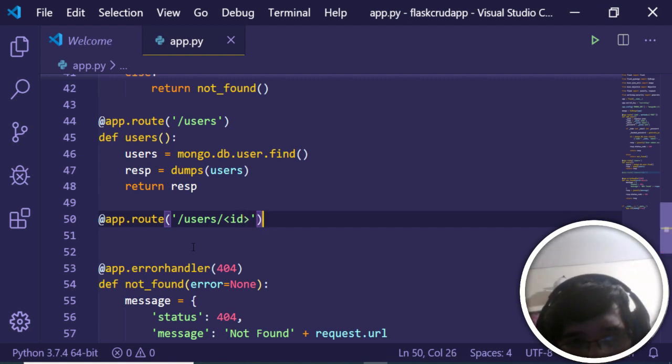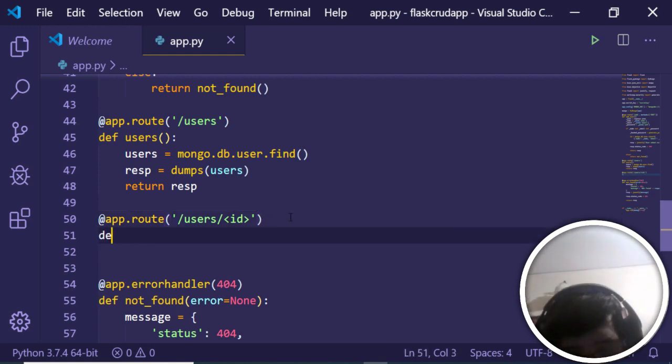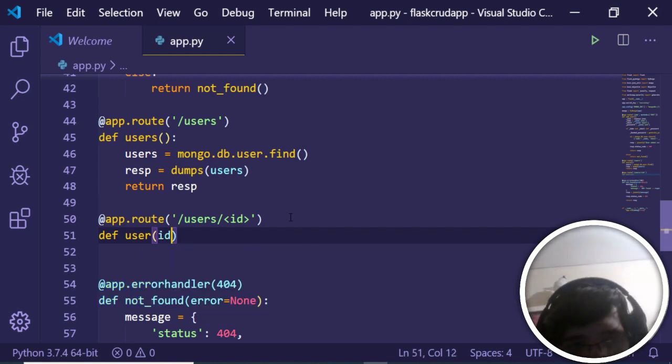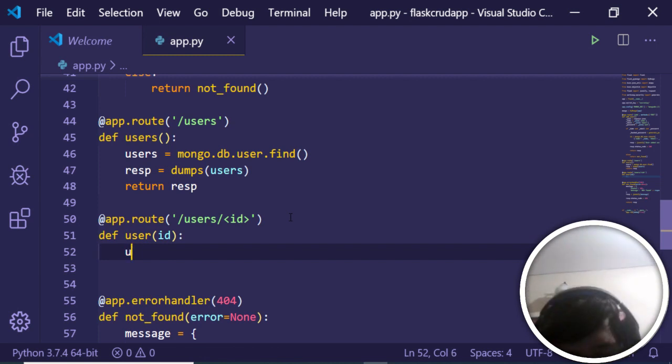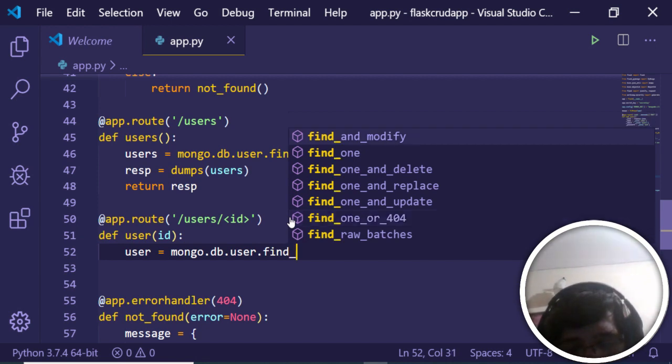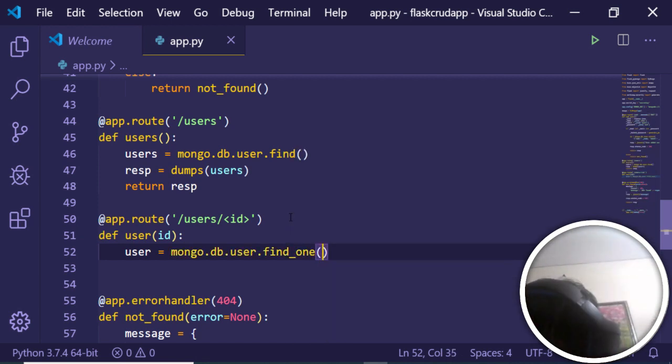So here we will be receiving this dynamic id variable that we will pass in the URL. And now we just need to declare a simple function which is user. Inside this I will pass this id variable, and inside this we just need to make a user variable, and then we will be using mongo.db.user.find_one,